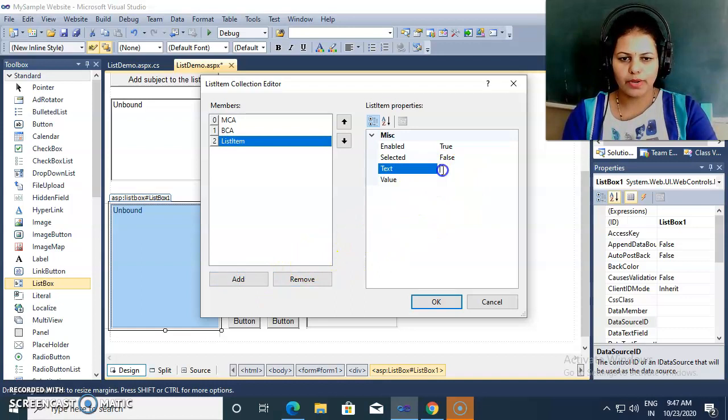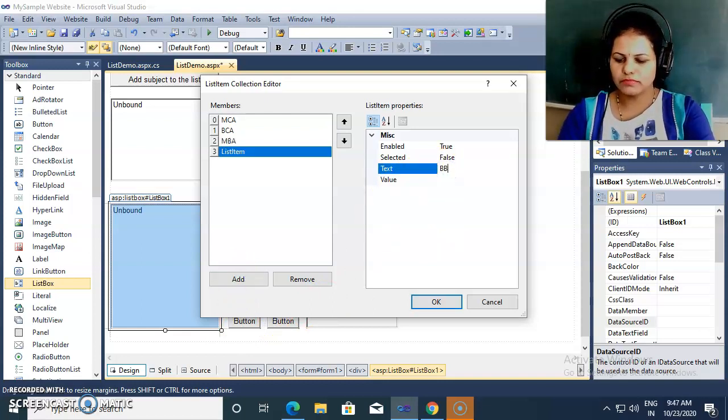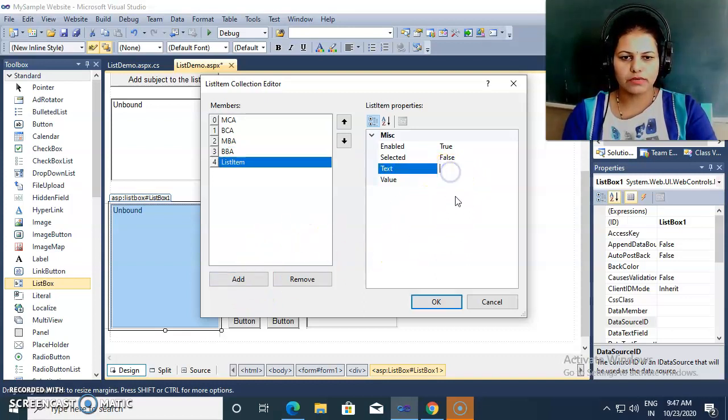In the text and value property, you need to give only the text value, and automatically it takes the value as text. If you want some other property, then you need to forcefully mention it, otherwise by default the value is taken as the text property. Then MCA, BCA, MBA, BBA, then MCOM.